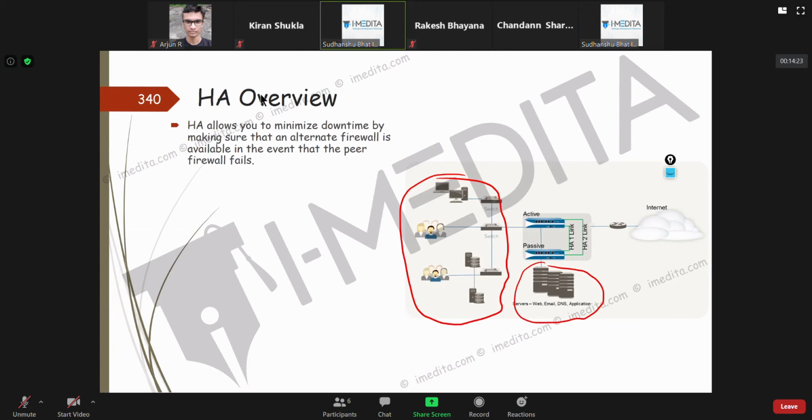We will discuss the requirements, like what should be similar. Think of it as everything should be identical: the OS versions, even dynamic updates, like antivirus updates. Or if you buy a better license on one and the other has a lower license, it won't work. We'll come to that.